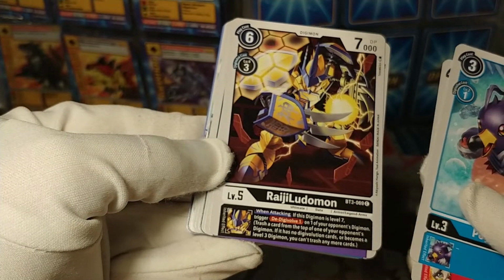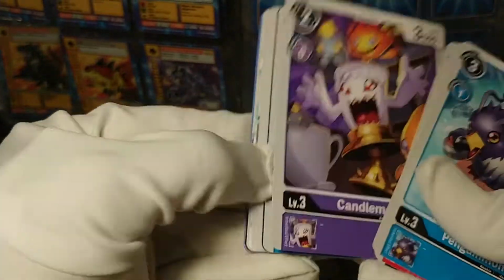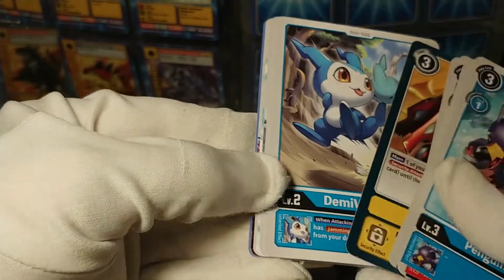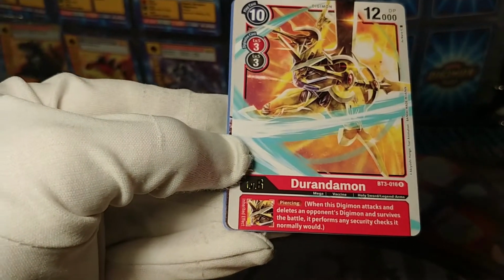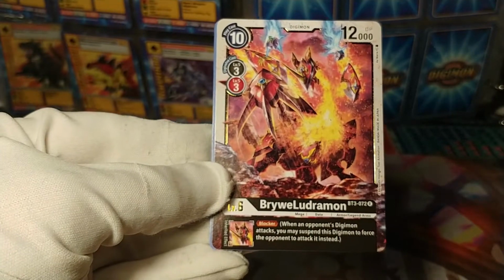Might be like a robot bumblebee. We've got some like honeycombs up there. I don't know. I'm just talking. We got a Candlemon, Angemon, Bifrost, and Vorvomon. Demi-Vmon, Argomon, gotta have one of those. Vikemon. Our first rare is Durandamon, and our second is